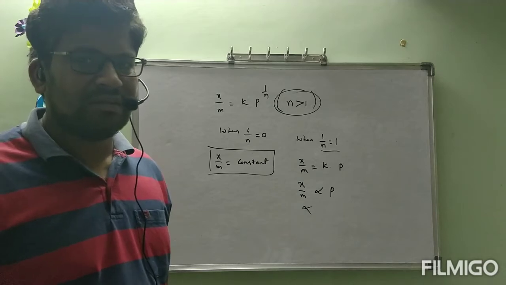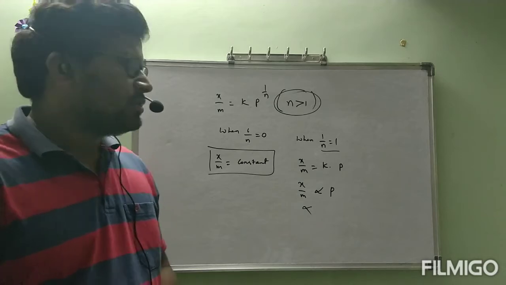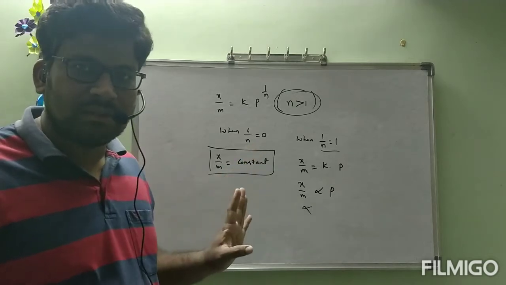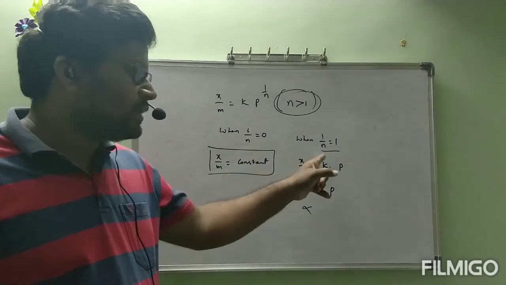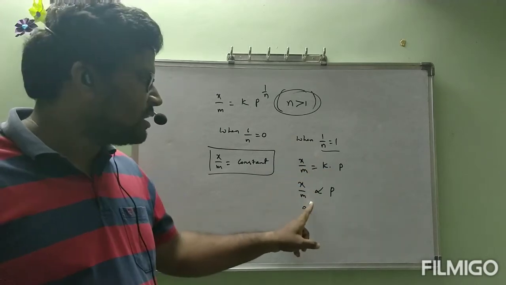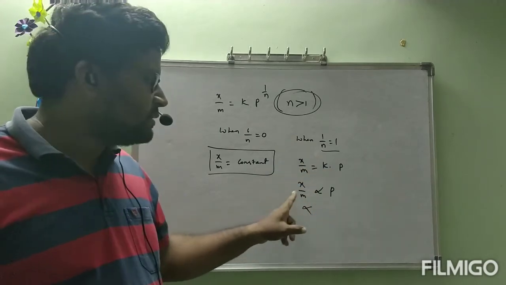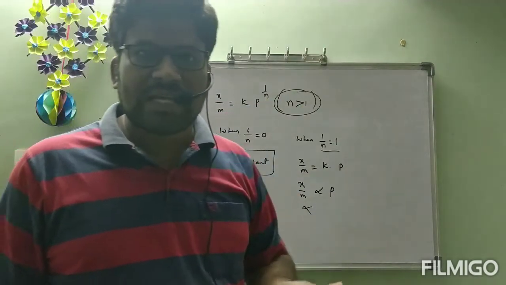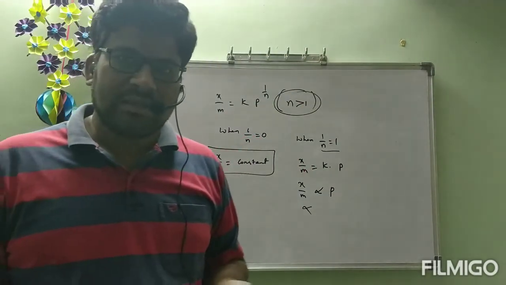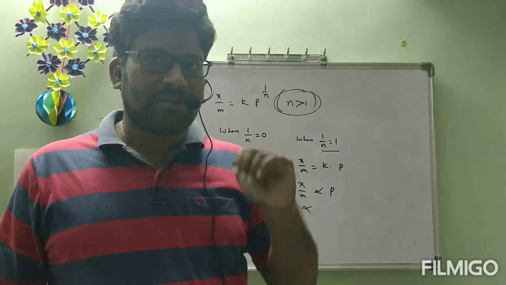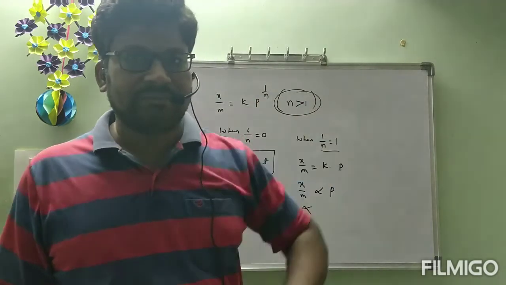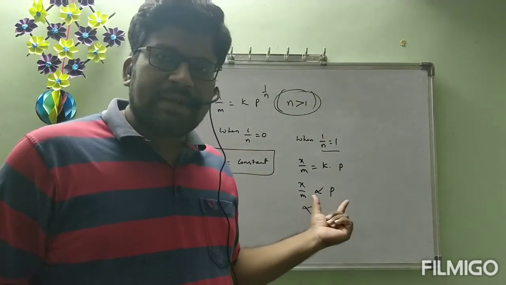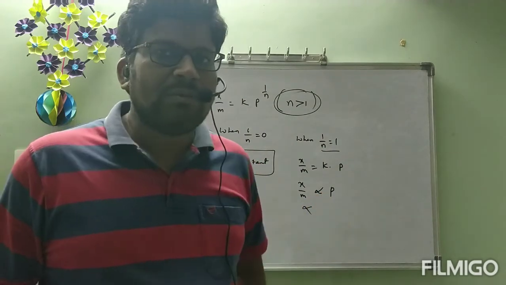Up to that, this is okay. So, when n is equal to 0, adsorption is not going to depend on pressure. When n is equal to 1, the adsorption isotherm is not following the law correctly, because x by m is directly proportional to p. When p continuously increases, the amount of gas adsorbed onto the solid must increase, but it will reach a maximum level and stop. That means at very high pressures, x by m directly proportional to p is not going to be true.